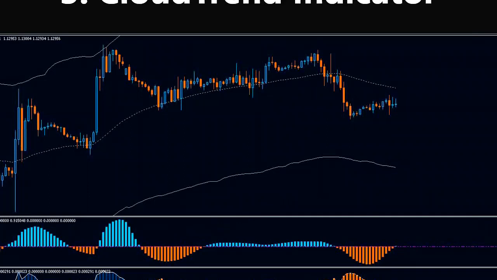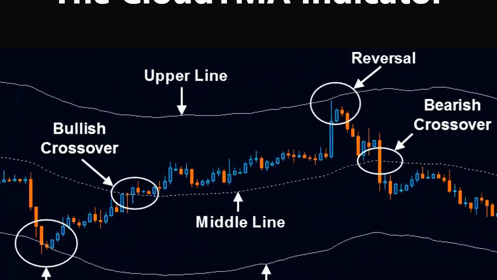Now, right at the bottom, we've got the cloud trend indicator, and this is also made up of a histogram. And when the histogram lines are blue, again, it signals the possibility for a long trade or a buy trade. And when orange, it signals the possibility for a sell trade or a short trade. Again, we're going to use that in conjunction with the other indicator and the top TMA indicator. So basically what we're looking at is with the cloud TMA indicator to see where the reversals in the market